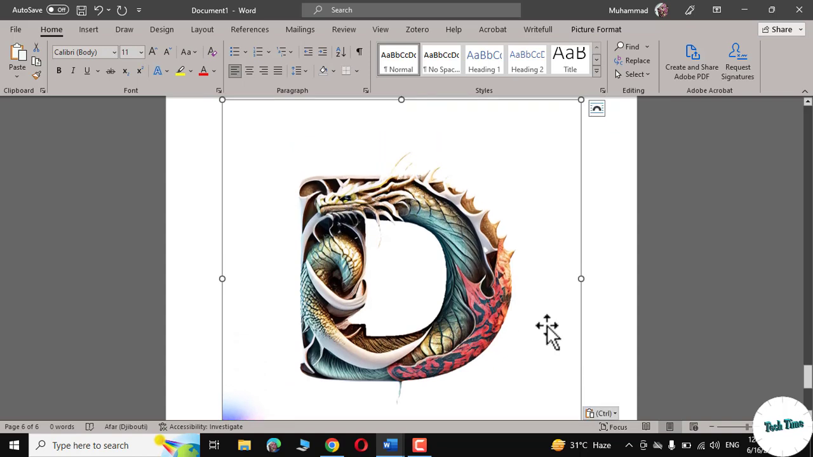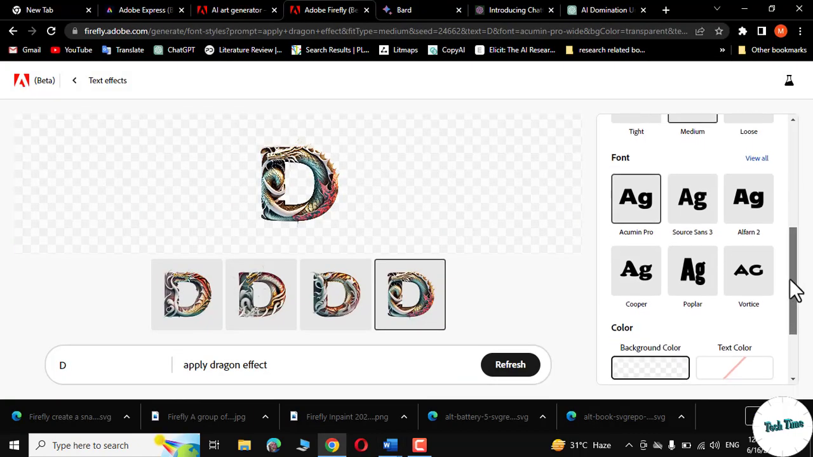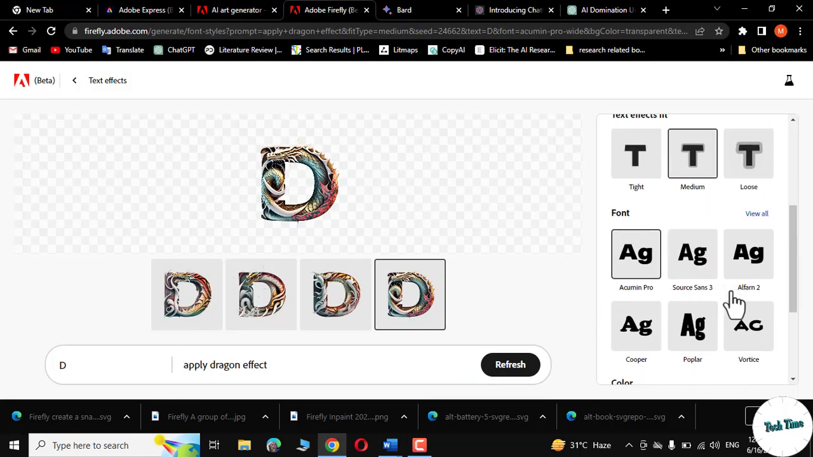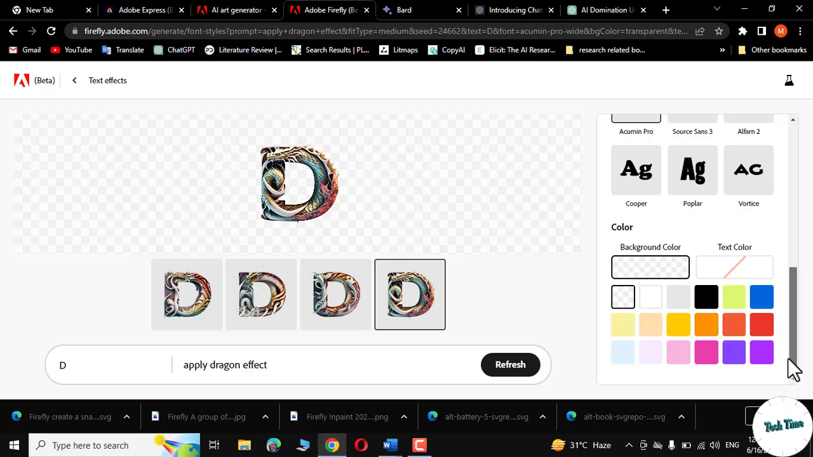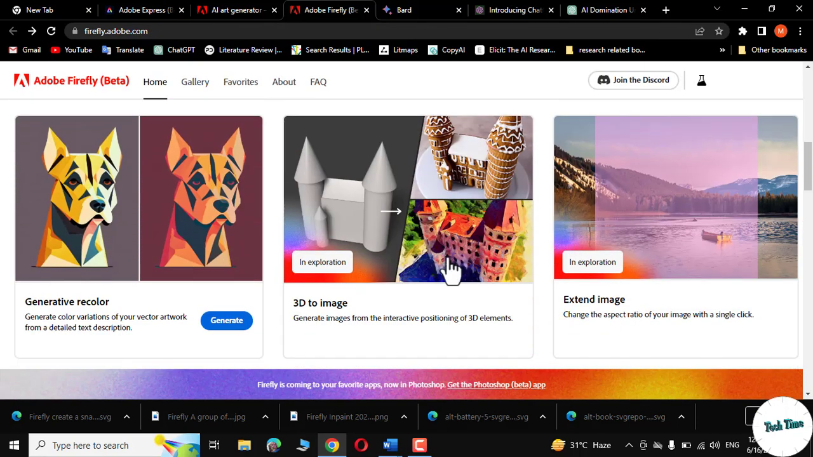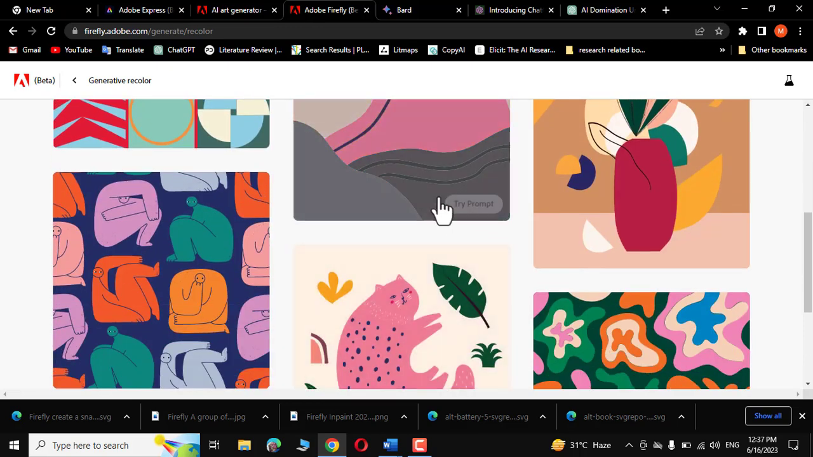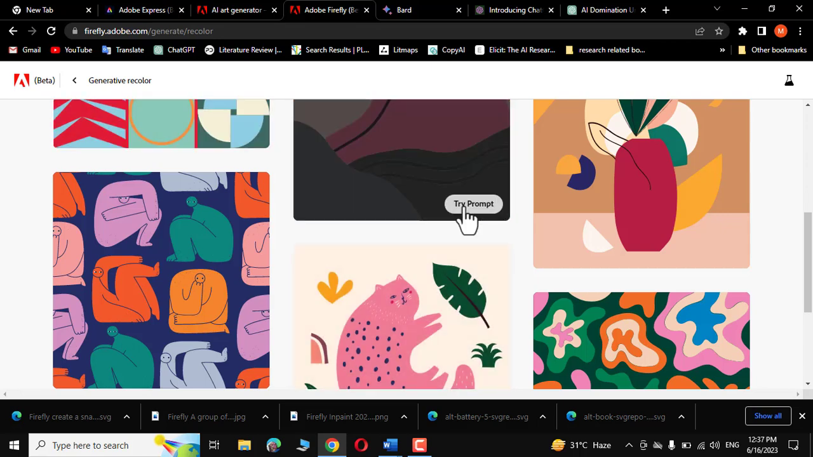Just imagine how much time it would have taken to create it manually using Adobe Photoshop or some other image editing tool. On the right side, you can see we can apply different text effects, font, as well as backgrounds or color. And let's come to the last one, that is generative recolor. Generate. You can upload an image right from here, but for this particular demonstration, I'm going to use the images that have already been given by Adobe. Try prompt,